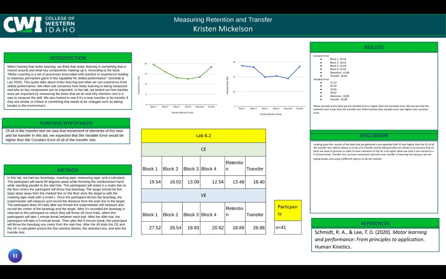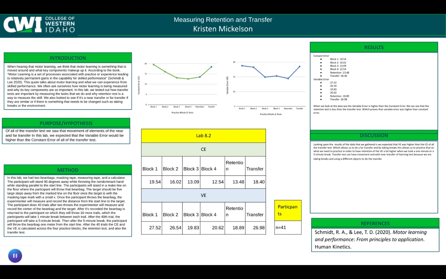We marked a little X 5 paces away and had the experimenter go and stand on the line and try to throw a bean bag with their non-dominant hand parallel to the X, trying to get it within the X. They have 40 trials, 10 trials for each block, and then they take a 1 minute break in between